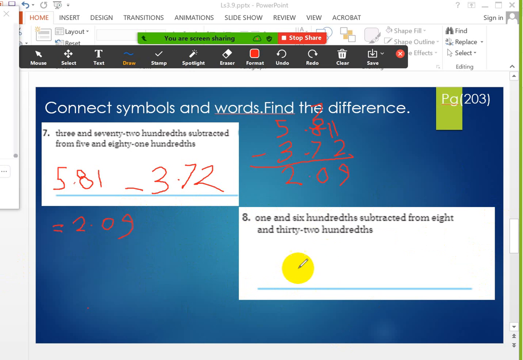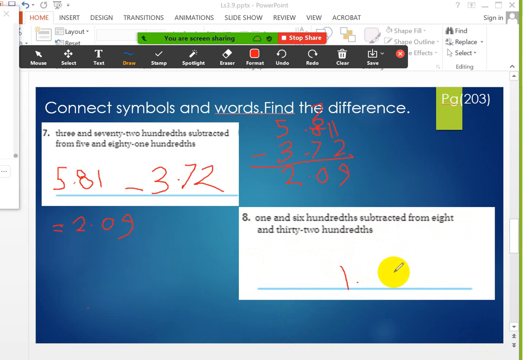So now let's see number 8. I want first to write the number in standard form. Let's see who will help me to write the number. Who can help me? Let's see, Lana. Yes, teacher. 1 and 6 hundredths subtracted from 8 and 32 hundredths. Can you write with me the standard form for this subtraction? 1.6